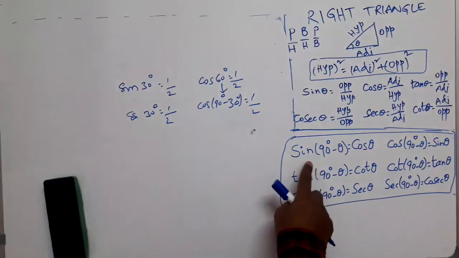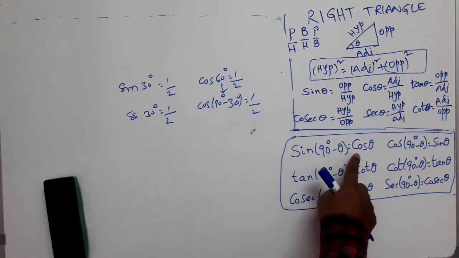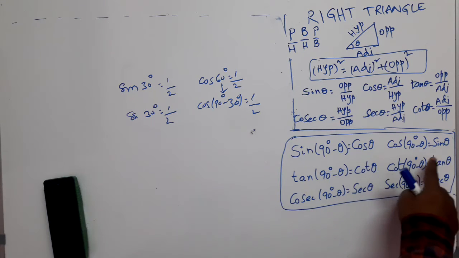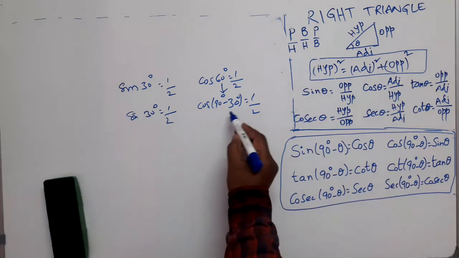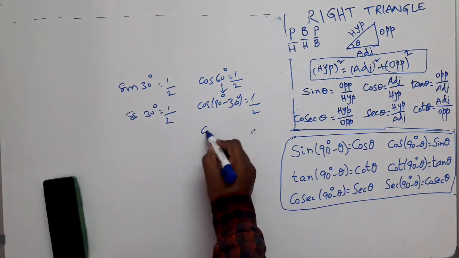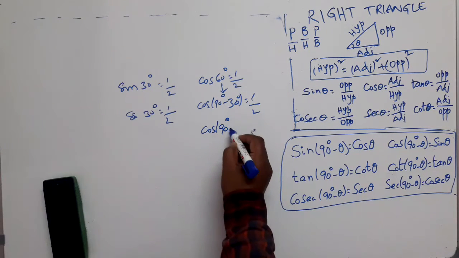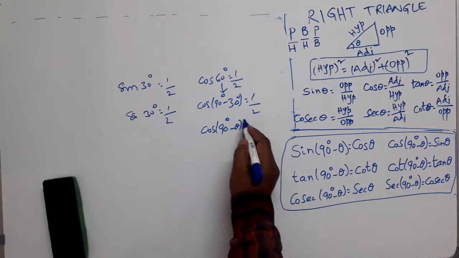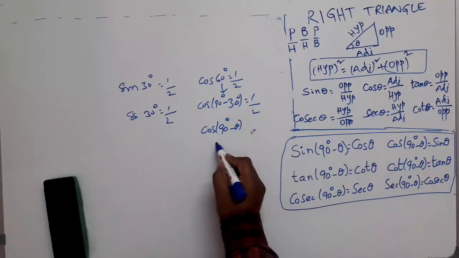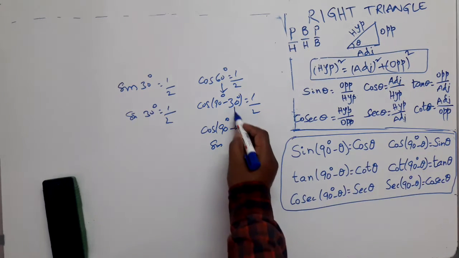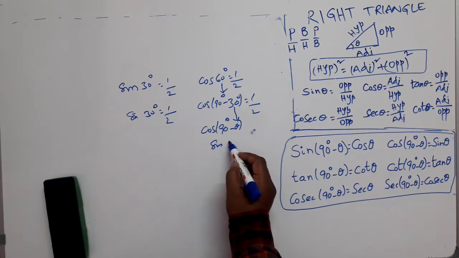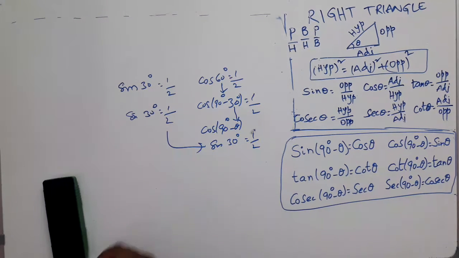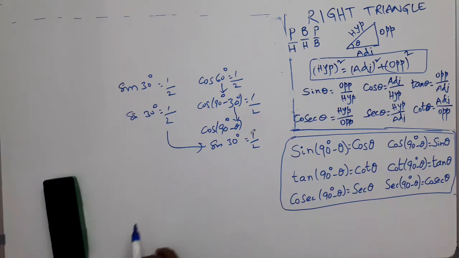See this point. Sin 90 degrees minus theta is cos theta. Cos 90 degrees minus theta is sin theta. If theta is 30 degrees, this is of the form cos 90 degrees minus theta, is it not? Right? This can be replaced by what? Sin theta. So sin of theta, with theta 30 degrees, so this is sin 30 degrees, which is 1 by 2. Is it not correct? Yes. In the same way.